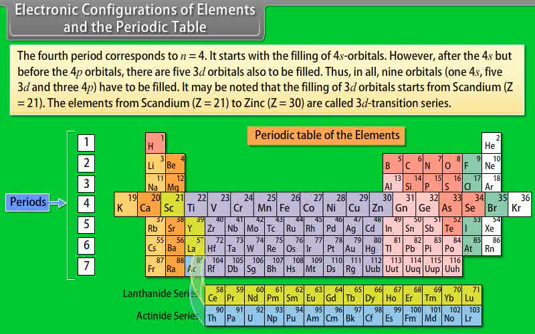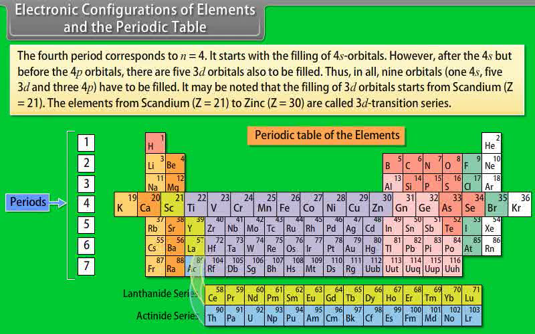However, after the 4s but before the 4p orbitals, there are 5 3d orbitals also to be filled. Thus, in all, 9 orbitals, 1 4s, 5 3d and 3 4p, have to be filled. It may be noted that the filling of 3d orbitals starts from scandium, atomic number is equal to 21. The elements from scandium, atomic number 21, to zinc, atomic number 30, are called